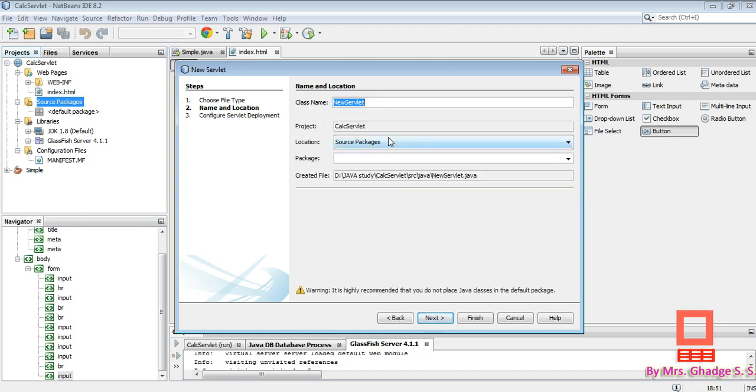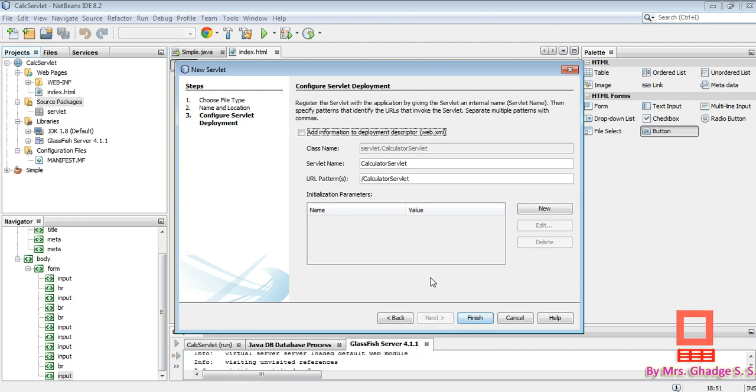Next, okay, so we have to write the name for the servlet, that is calculator. And package, suppose package name is servlet. Okay, so by default it is stored under source package. Then click on next.